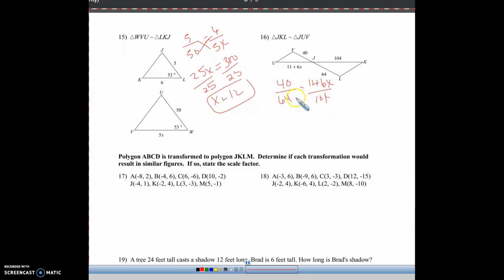Okay, we're going to cross multiply and we're going to distribute. So 64 times 11 is 704 plus 64 times 6 is 384x equals 104 times 40,